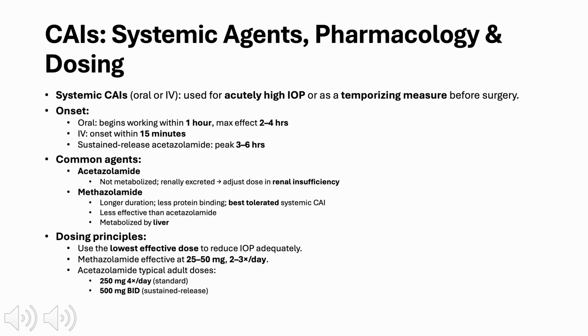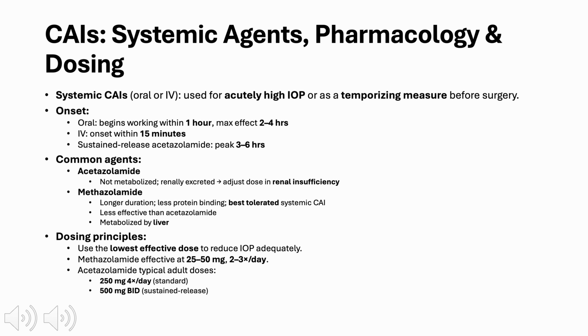Methazolamide lasts longer, has less protein binding, and is better tolerated, though slightly less effective. It's metabolized by the liver instead of the kidneys. For dosing, always aim for the lowest effective amount to reduce IOP adequately. Methazolamide is usually dosed 25 to 50 milligrams 2 to 3 times daily. Acetazolamide is typically given as 250 milligrams 4 times daily for the standard formulation or 500 milligrams twice daily for